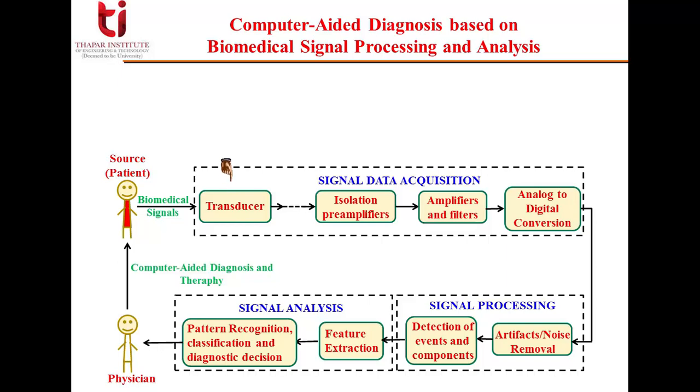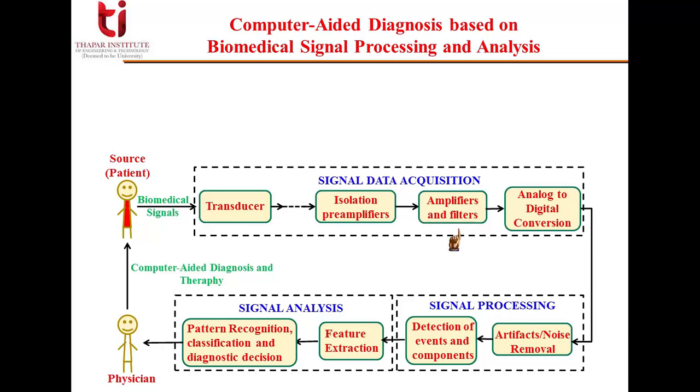Next is the isolation amplifier. As we have connected the human subject, the patient, with the electrical signal, there is a need of isolation so that even by mistake the electrical potential of the instrument is not injected back to the patient. So we should have isolation amplifiers. It will also do the job of amplification of the signal along with providing a weak link if a high potential comes in. The isolation amplifiers are followed by amplifiers, maybe amplitude or voltage amplification, and filters.